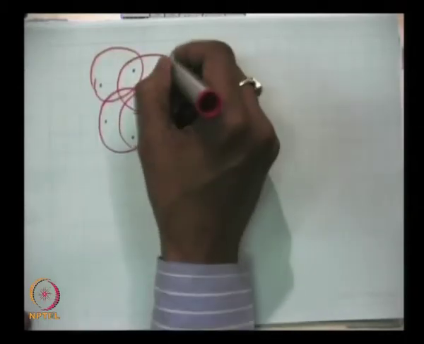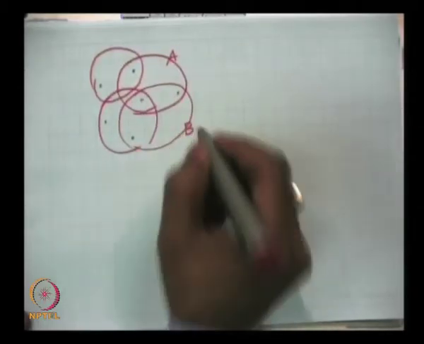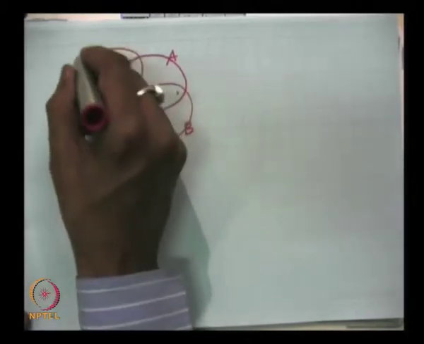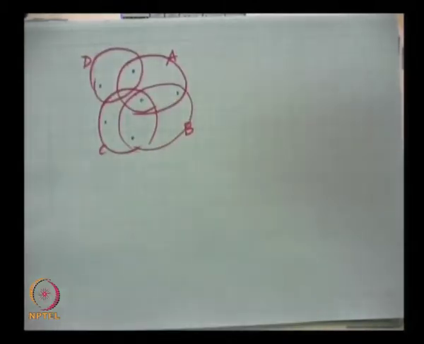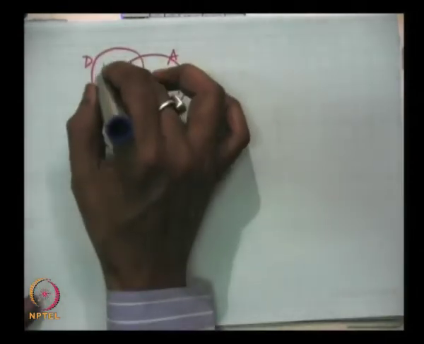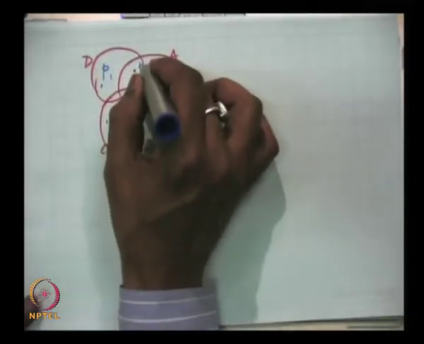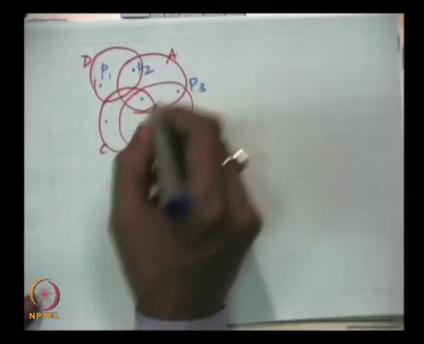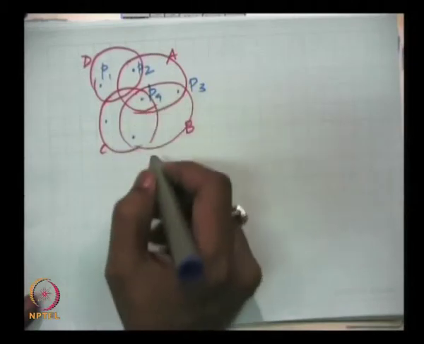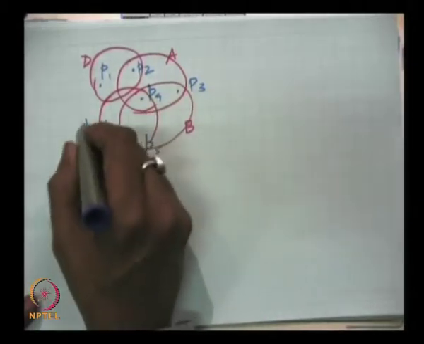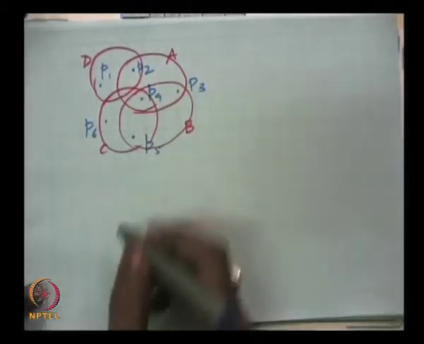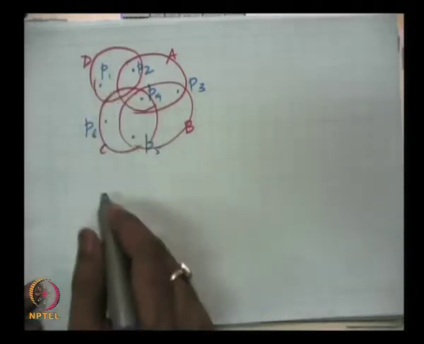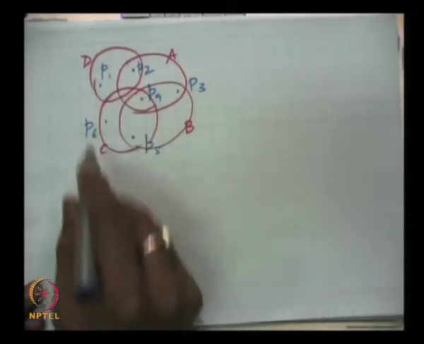Let me call them A, B, C, D, and the points P1, P2, P3, P4, P5, P6. Right. So, the original range space we are talking about is basically the set of